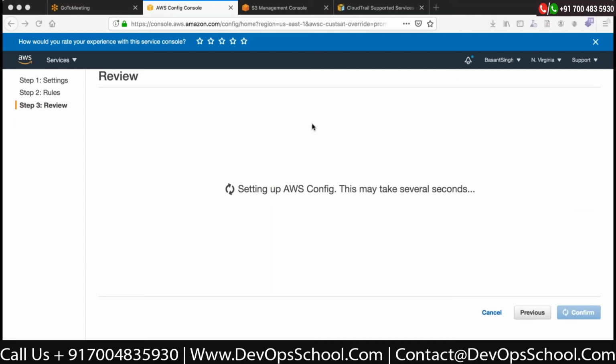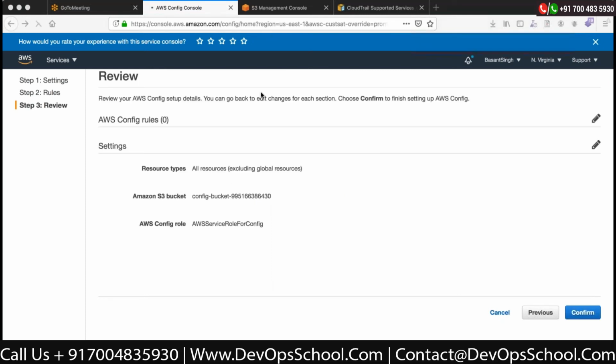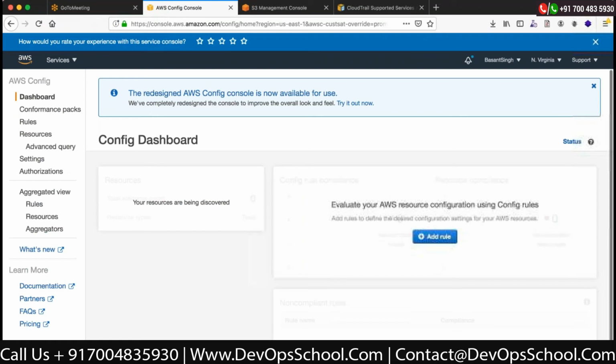So what is it for security operations or security engineers on AWS? This is a very important service. First of all, AWS Config can act as a